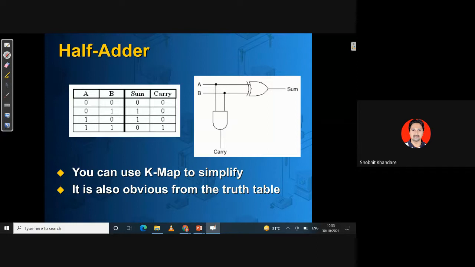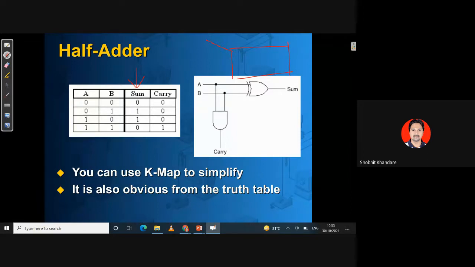For example, if I'm using the column of sum, then you see the K-map. Now I will be getting the equation for the sum. And if I want to get the equation for the sum, I have to use the truth table. Now the truth table is with 2 variables.